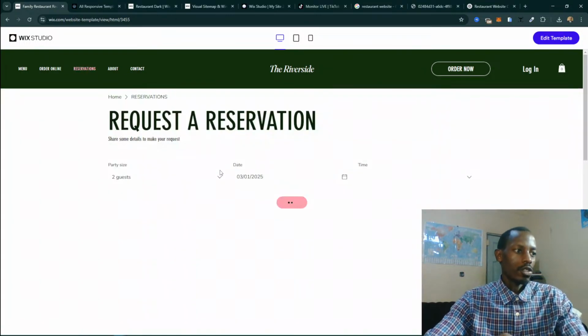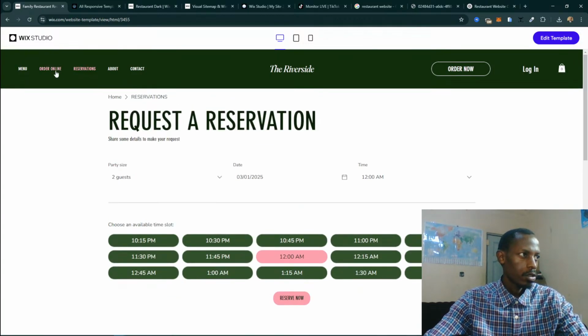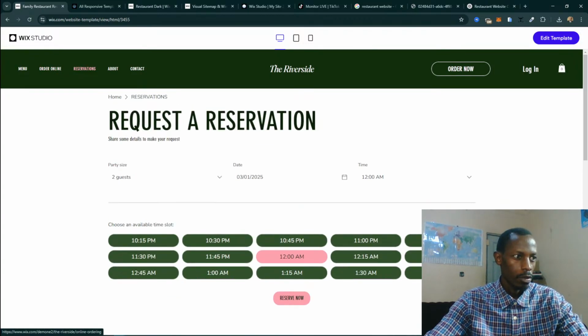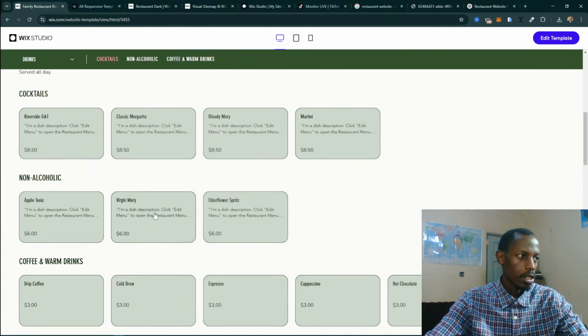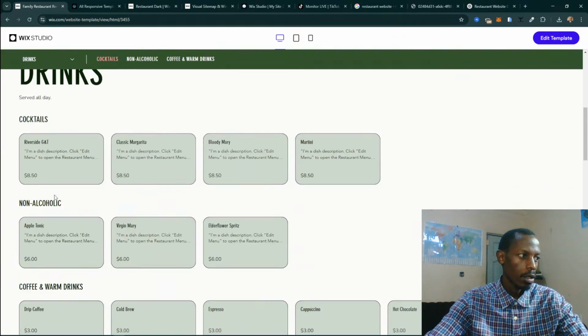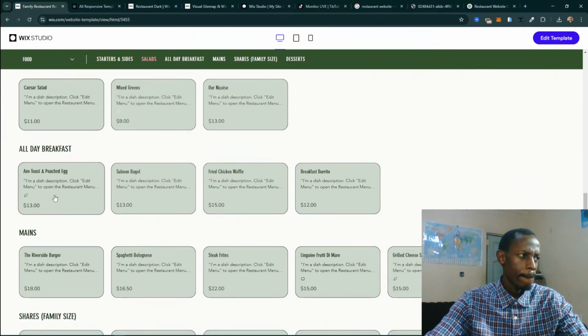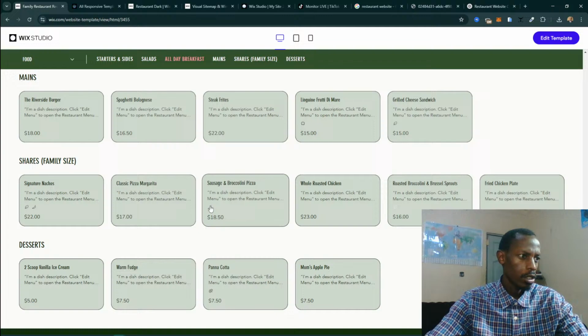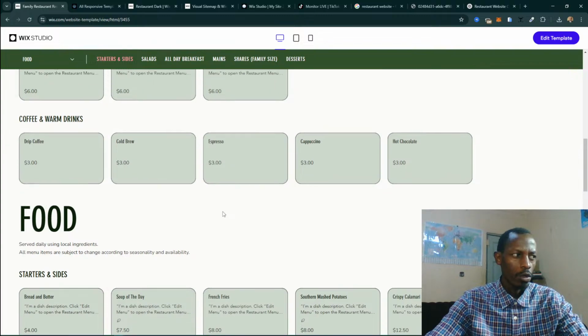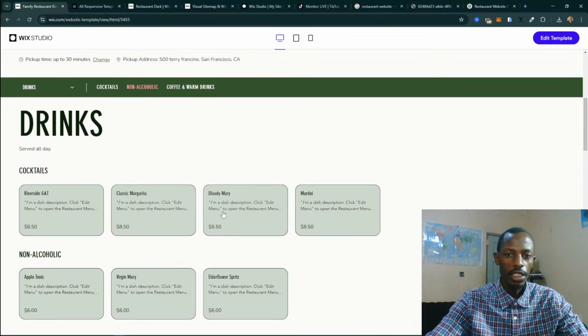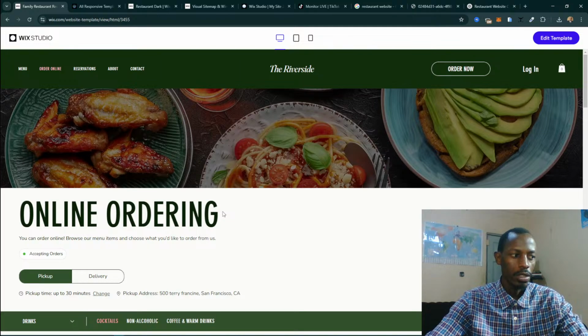Let's try the reservations page and see the order online. So the labels are these small icons that you can see. This is a small leaf, like a leaf. This one is like a pizza. Those are the labels. So some of those labels, for example, just tell the client that this food is for